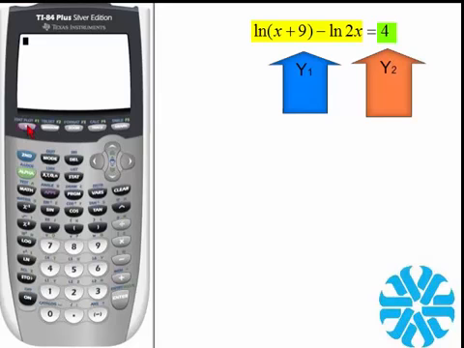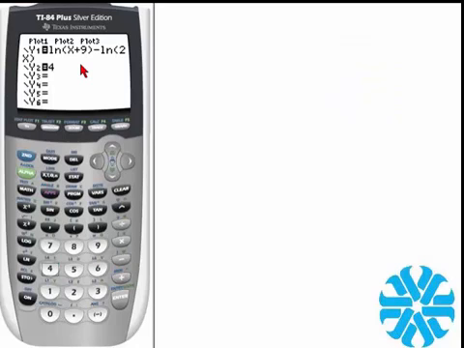So when we go into the input function mode, the ln of x plus 9 subtract the ln of 2x. Close the quantity. Now remember that y2 is going to be the right-hand side of the equation, and that's equal to 4. So the solution for this particular equation is when the left-hand side of the equation will equal the right-hand side of the equation, which means that when this particular curve intersects this particular curve,